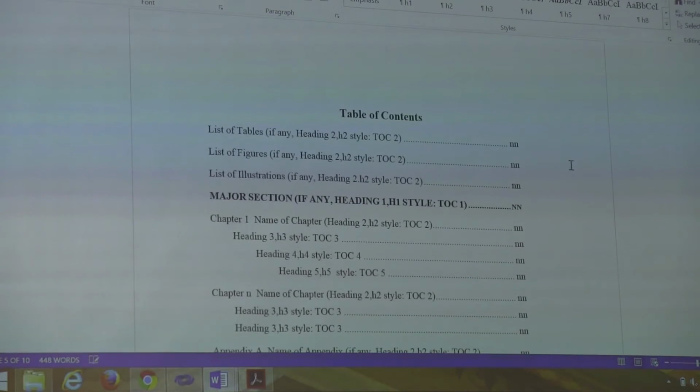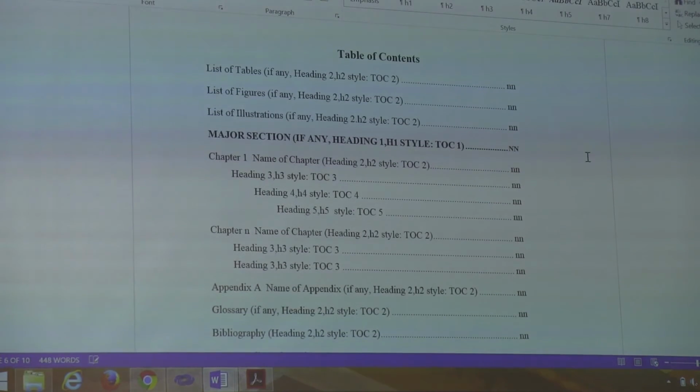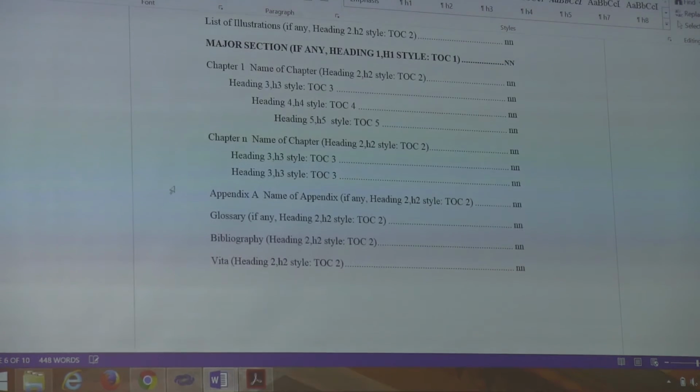Let's see, and then the next is the table of contents. This is a sample table of contents. It's built off of that chapter template that we looked at. It's built off of those entries. And we want it this way, like major things like chapters should be flush left, subheadings indented, subheadings indented below that, like that. So it's easy to tell what's what.